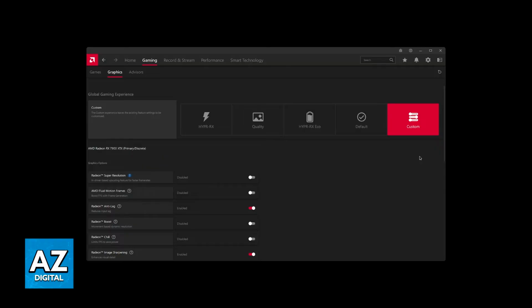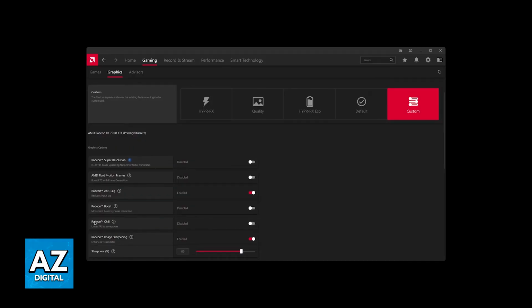So if you have a high refresh rate monitor, usually this brings a lot of issues, not only to the dialogue and audio, but also other stuff like physics engines and so on. So by limiting the FPS, by using something like Radeon Chill or the equivalent option on NVIDIA cards, which sadly I cannot display on screen, you will be able to minimize the audio sync issues.